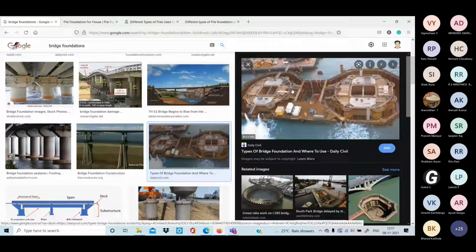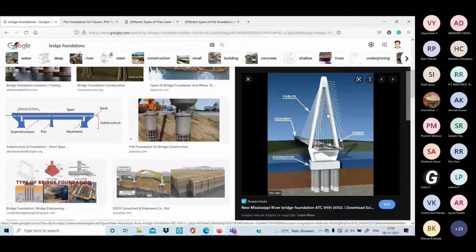If you keep on checking, this is a similar cable bridge. So Bombay Sea Link is constructed like this. One of my friends who is working in IIT Bombay was telling me he designed some of the pile foundations there. If you search on Google for the Bombay Sea Link, you will understand. Those who are from Mumbai may know about these things.